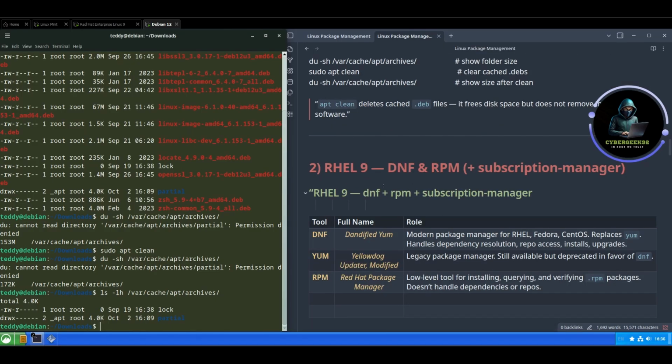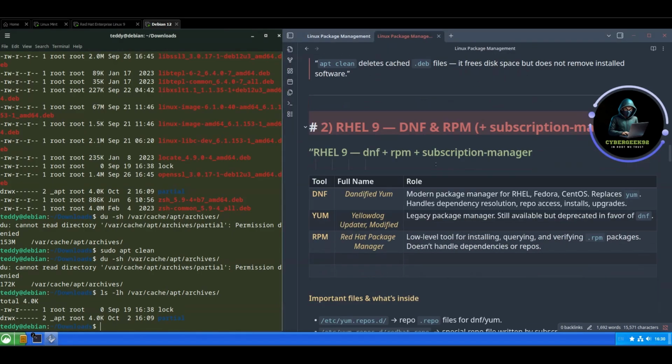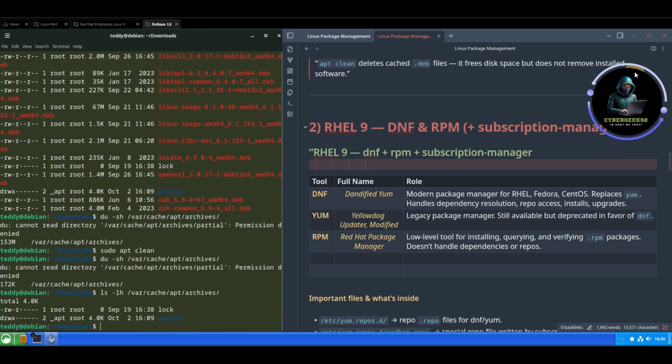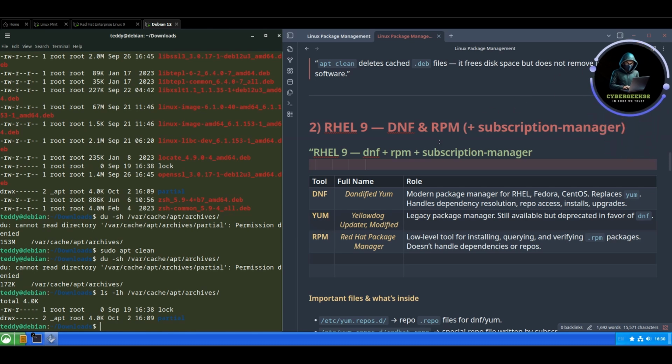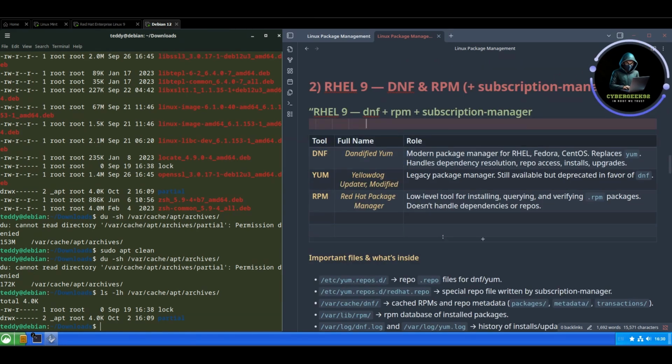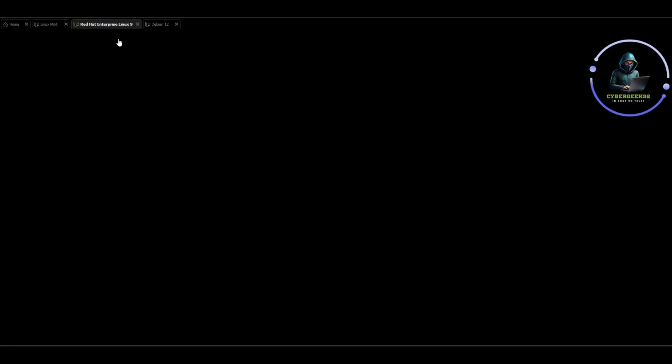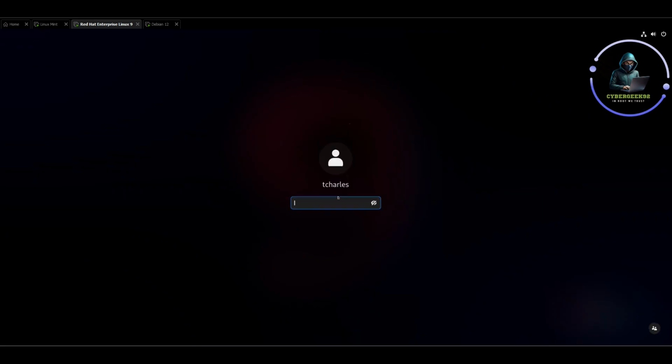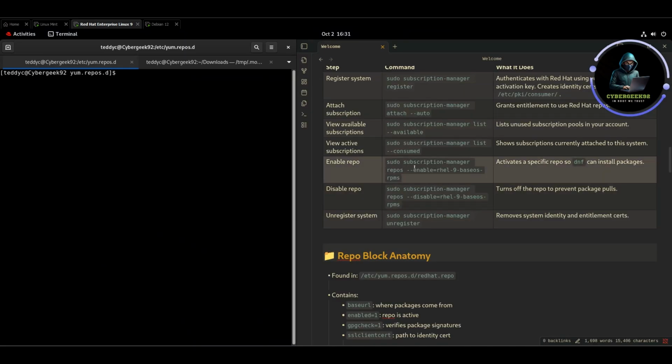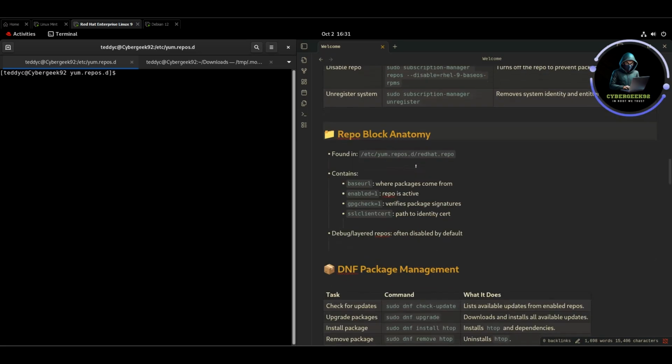So now let's move to Red Hat, which uses a different system when it comes to upgrading and updating your system, because RHEL requires an active subscription, which you have to pay for, unless you can get a free subscription through the developer program or something like that. So when it comes to Red Hat, it's a bit different. So we're going to take a look at how Red Hat is different from